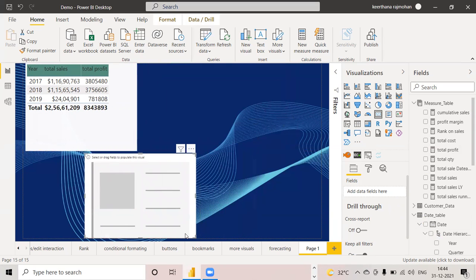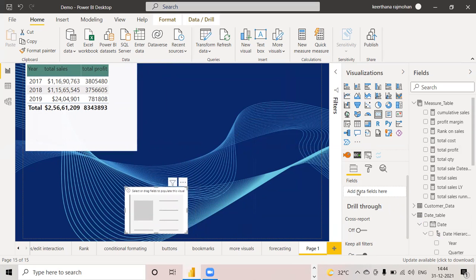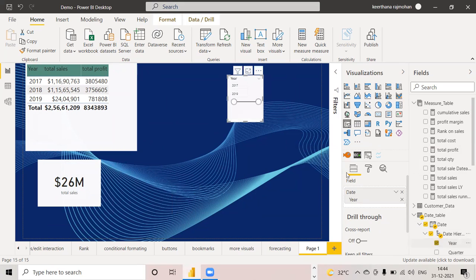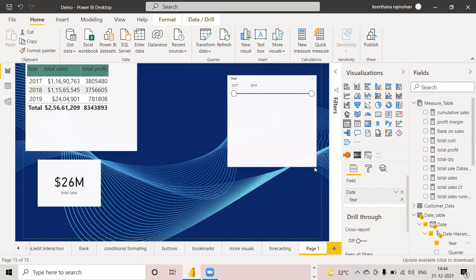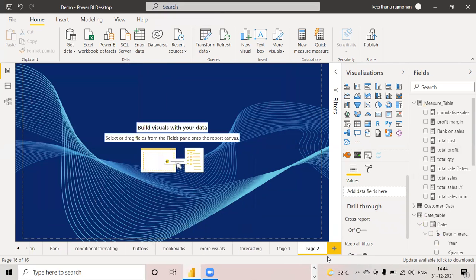This is my card visual and I will choose a measure, that is total sales. Let it be there. I will use a slicer also. This is my slicer and in that I will choose year, and I will make this a drop down or list. So this is my slicer. You can do the formatting for everything, I'm just showing you the sync slicer.